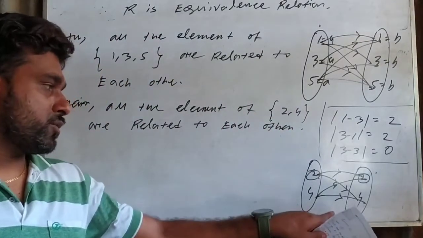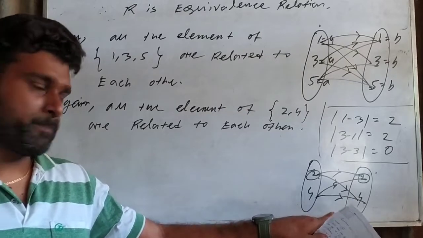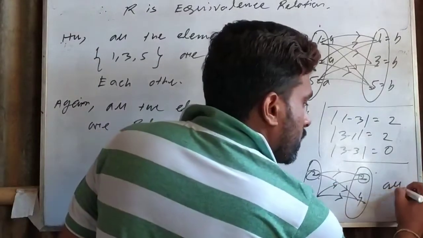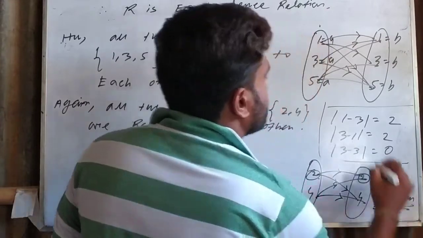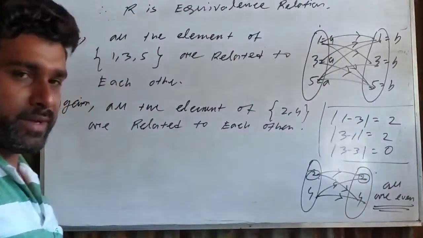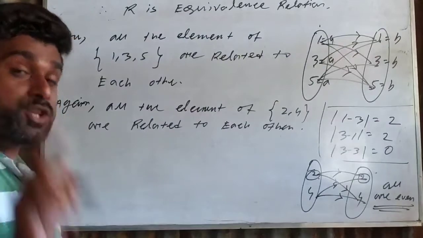Okay, you should draw this diagram also. यहाँ पर तुम लिख दोगे all are even here. All are even. Here also all are even. Okay. Now the last part of this question is: